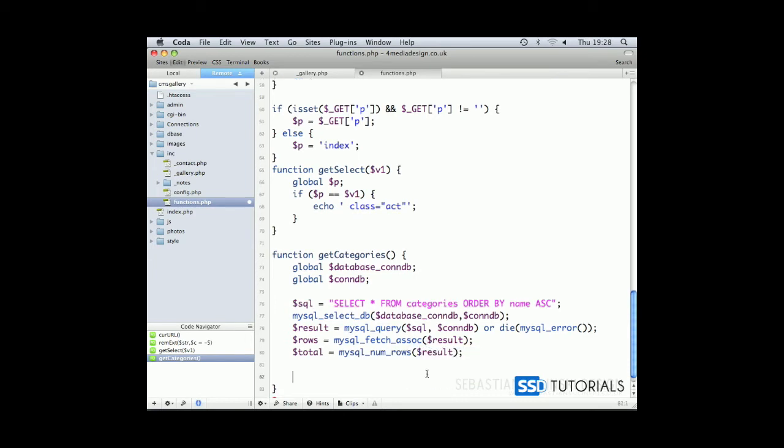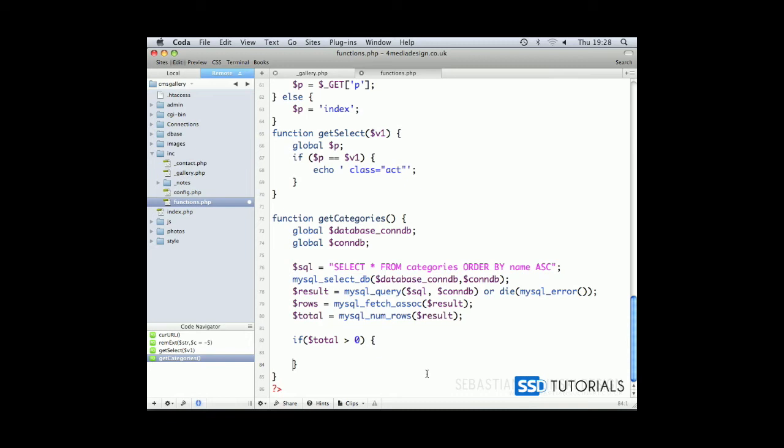Okay, so now we can check if total is more than 0. Then we're going to do something. And what we're going to do is to output our UL tag first, UL ID gallery. Okay, then we create our do while loop. Copy our rows equals MySQL fetch assoc here. And we add to our out variable